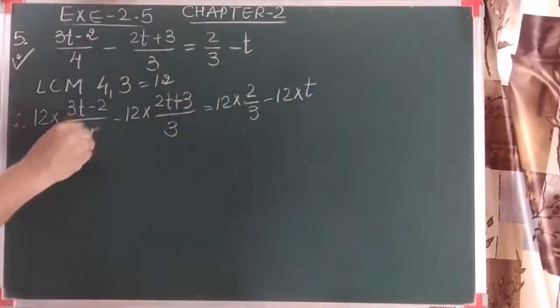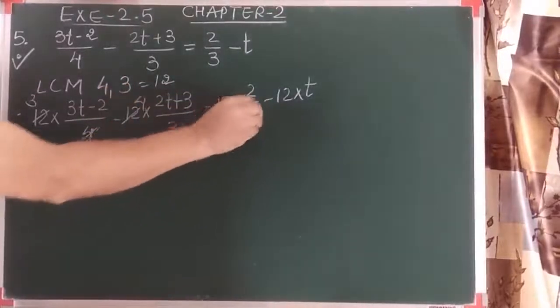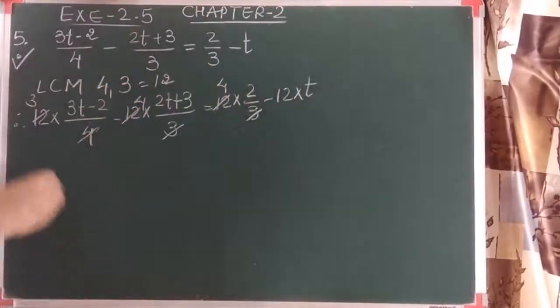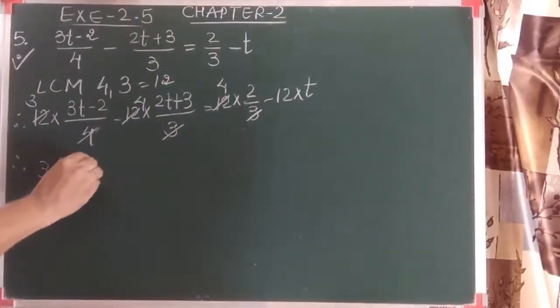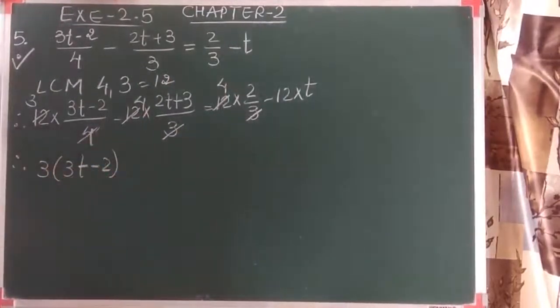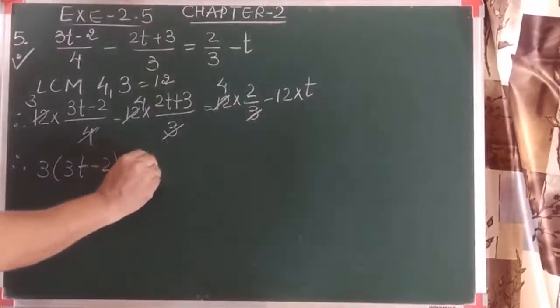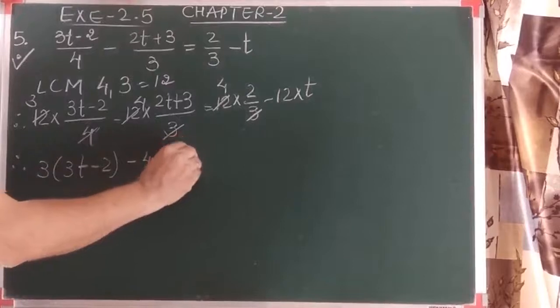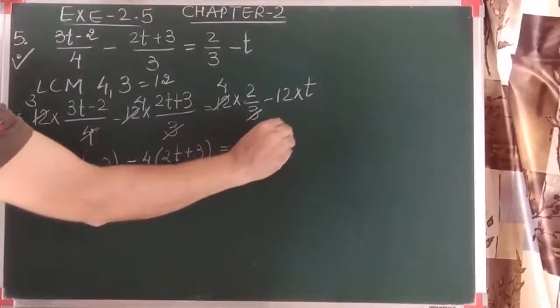As usual, the cancellation: 4 3s are, 3 4s are. No, 3 4s are, yes. So let's see what is obtained. It is 3. You should remember that the 2 terms should be written inside a bracket. That means 3 should multiply with both the terms. The same here, minus 4 into 2t plus 3. As it is one term, 4 2s are 8 minus 12.